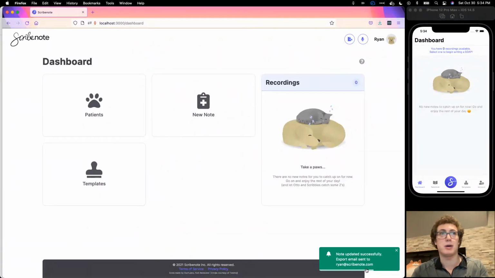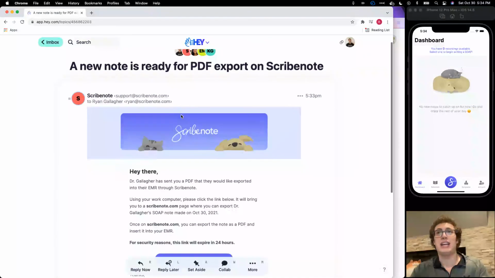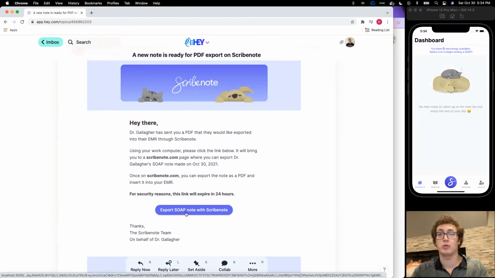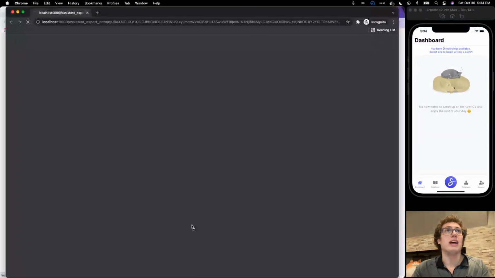So you didn't have to click any buttons, you didn't have to do this yourself. And if you flip over to your email now, or whatever email that's sent to, you can see that a new PDF is ready for export on Scribenote. Whoever gets this email can just click this button. It's only active for 24 hours to prevent security concerns. So if they clicked on this link and opened it up,